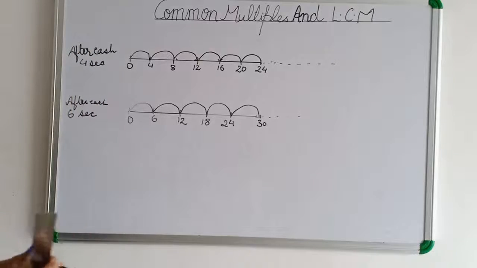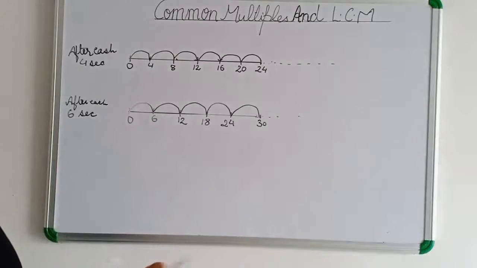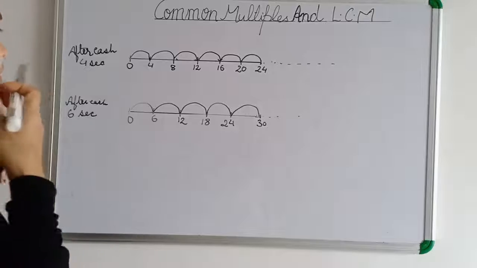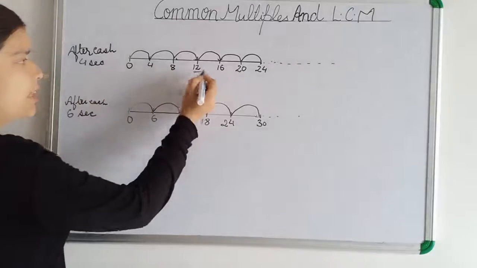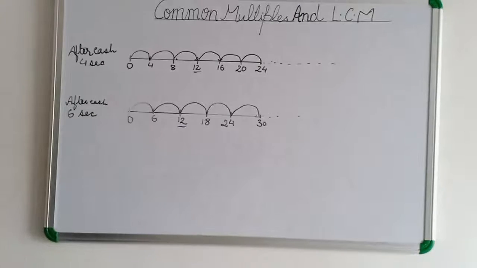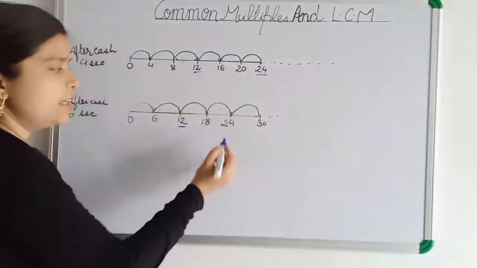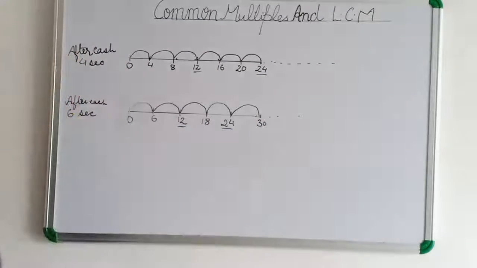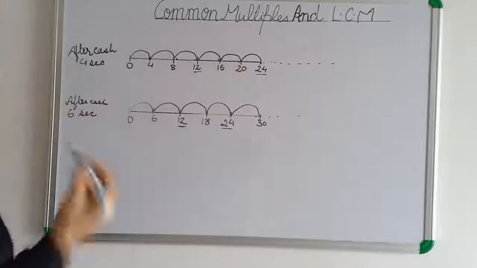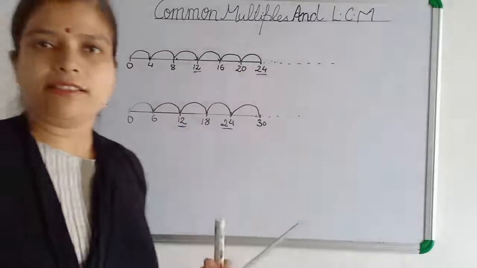So at which second do you and your friend say yes together? You can find now. Your friend says yes at 12 seconds and you also say yes at 12 seconds. Your friend says yes at 24 seconds again and you also say it at 24 seconds. It means at these seconds you are saying it together. That is common, when you are commonly saying yes.